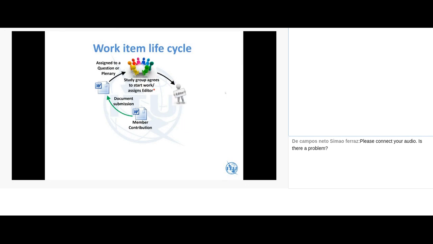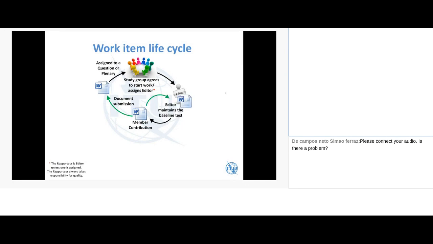By agreeing to start the work, implicitly somebody will take a leadership role. Typically we call this person an editor. There is a disclaimer that says if no specific editor is nominated, then the rapporteur for that particular question is the person who takes that role. We'll come to the specific definition of the editor's role later, but for the purposes of work item lifecycle, we